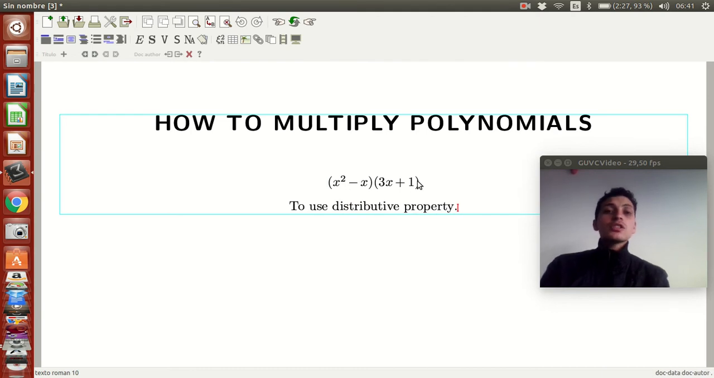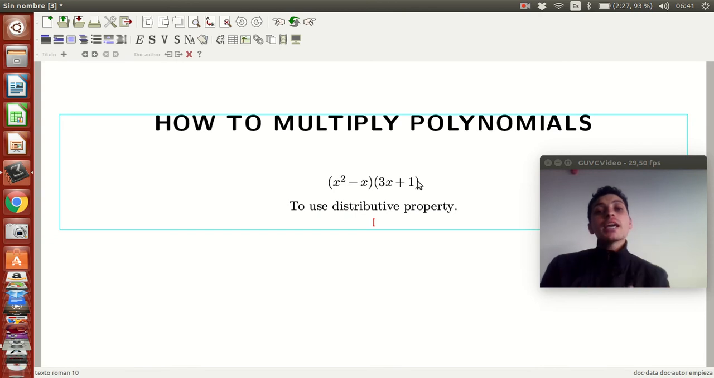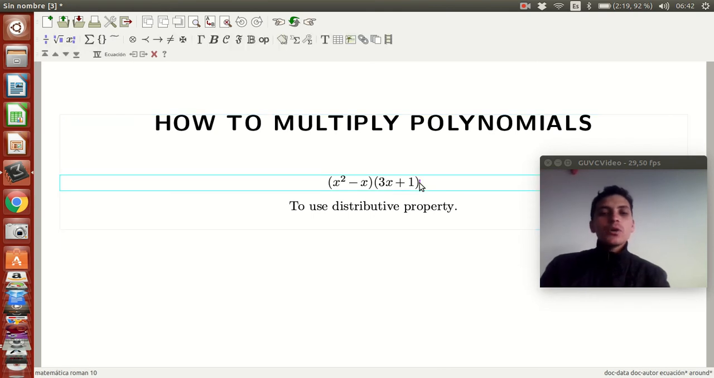If you're able to use distributive property, or you understand what is the distributive property of multiplication over addition, this is the way you have to multiply any polynomial. If you don't understand the distributive property, just watch on YouTube. I can tell you that you can watch Math Antics to see how to apply the distributive property appropriately. So then we're going to use this